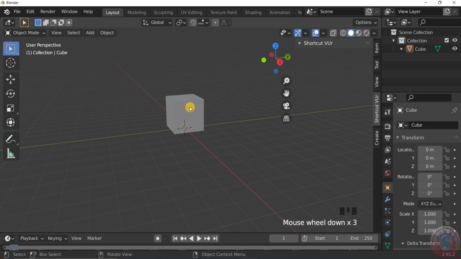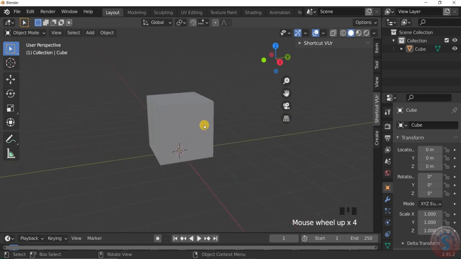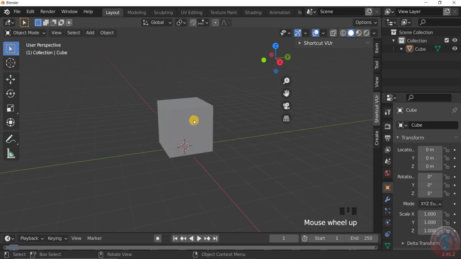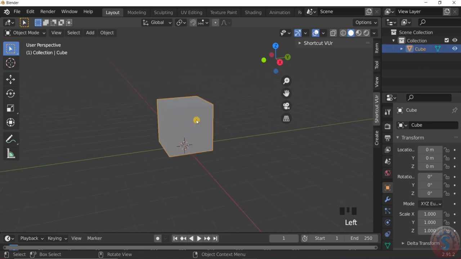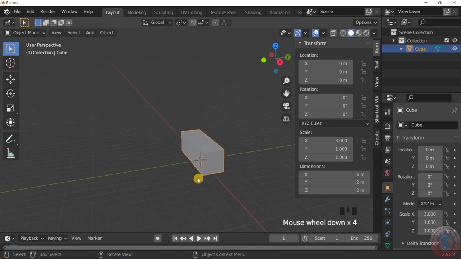And I want to create a panel window here and create one block. How to increase this? For example, you want to increase the dimensions of the cube, so select the cube again. You can observe in object mode only, and there I go to the Item tab on the sidebar. You can observe the dimensions where 2 meters is there. I want to increase the x-axis to, for example, 6 meters.